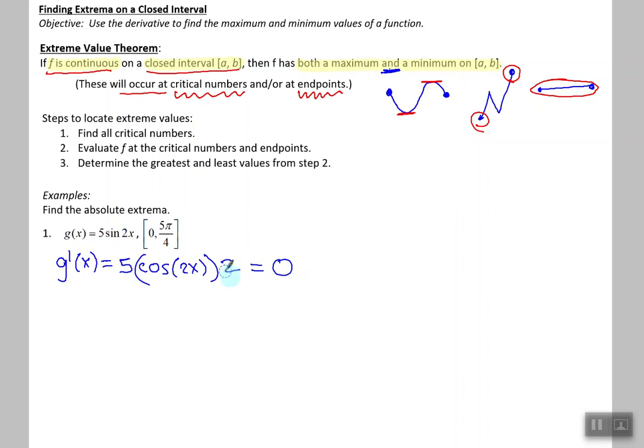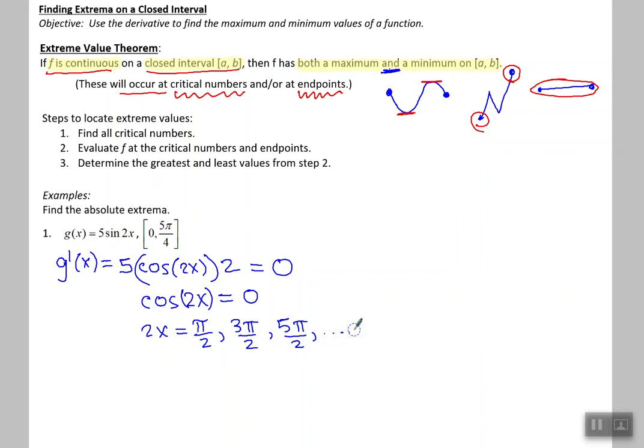Well, I can divide by 5 and divide by 2 so that I have cosine of 2x equals 0. Cosine of pi over 2 equals 0, so that means 2x could equal pi over 2. Cosine of 3 pi over 2 also equals 0, so that means 2x, the angle inside the cosine, could also equal 3 pi over 2. Cosine of 5 pi over 2 also equals 0, so 2x could also equal 5 pi over 2,